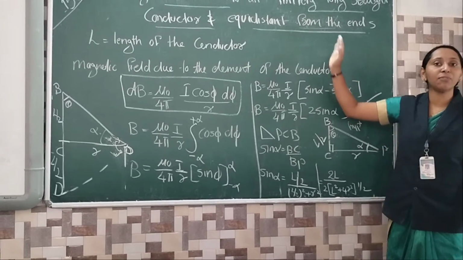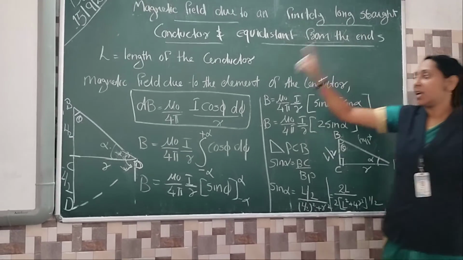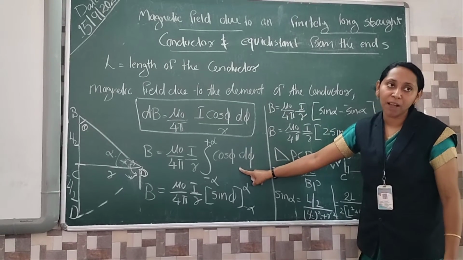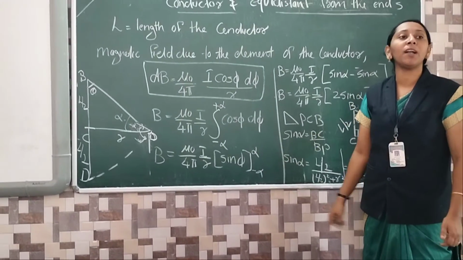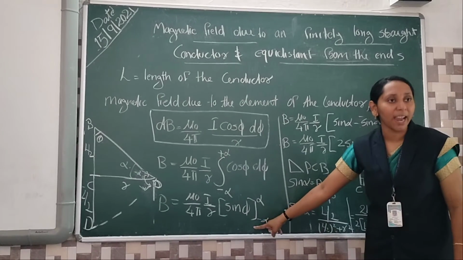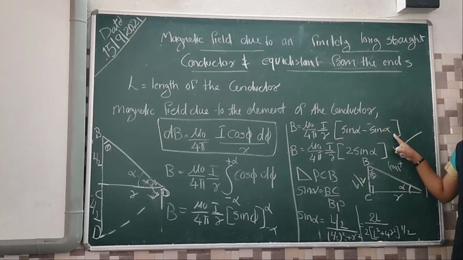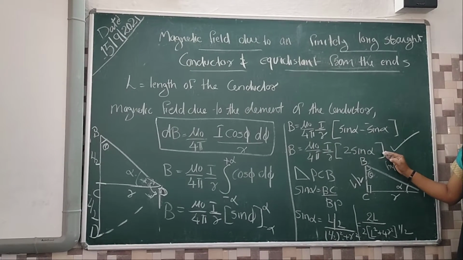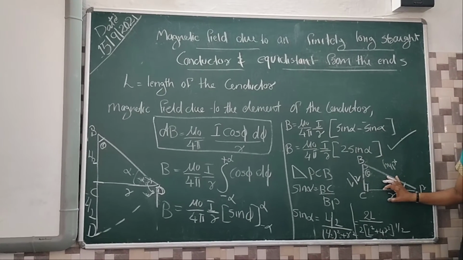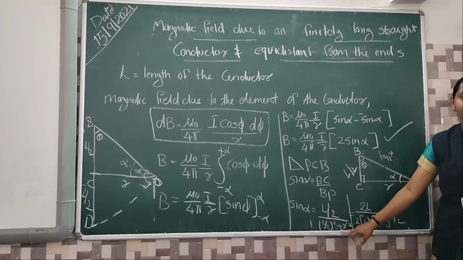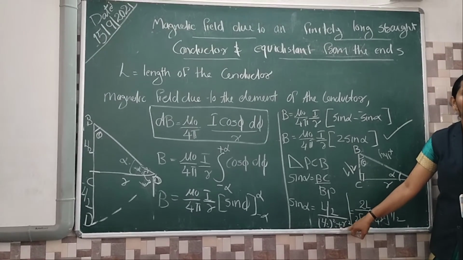We should consider the finite length conductor. dB expression consider करते थे. Limit change हो गया, minus alpha to plus alpha. Sit it properly, plus and try to understand. Then cos phi का integral is sin phi. Apply the limit. Final expression मिला, 2 sin alpha like that. Then after that consider this triangle. Apply the sin expression. We should get the sin alpha like that. Then simplification में करो. Pause the video please.